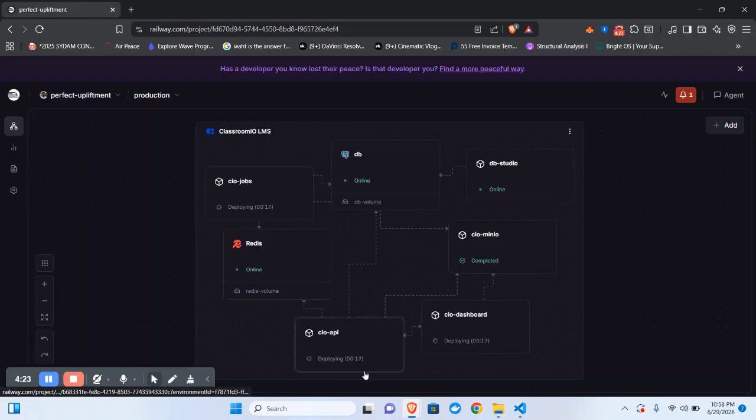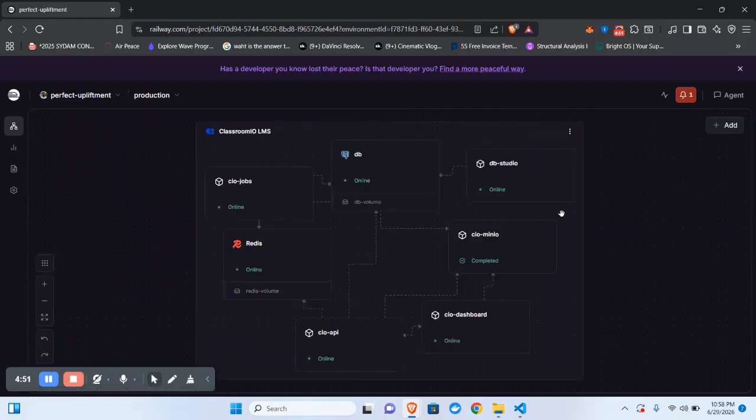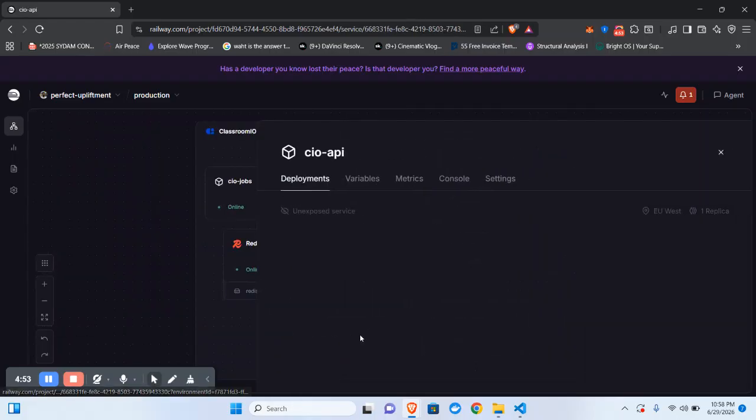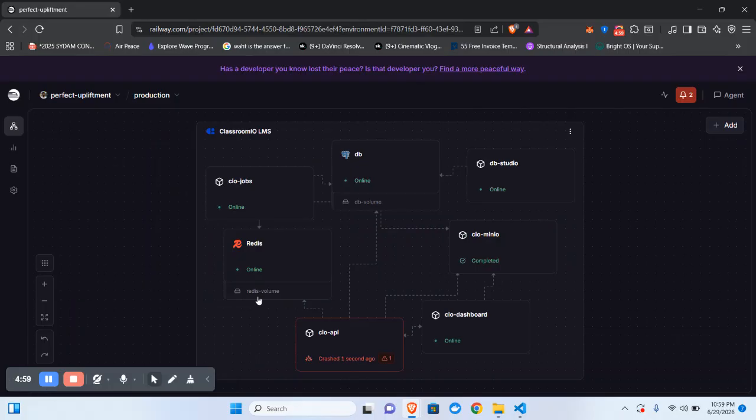With the current setup, there is going to be an error. That's normal. Just giving you a heads up in case yours is done building. What happens is that on initial deployments, the Railway generated domain that I told you about is not generated unless you come to the CIO dashboard. So let's wait for it to crash. Nice. Just as I predicted, the CIO API eventually crashed, and the reason for its crash is in the